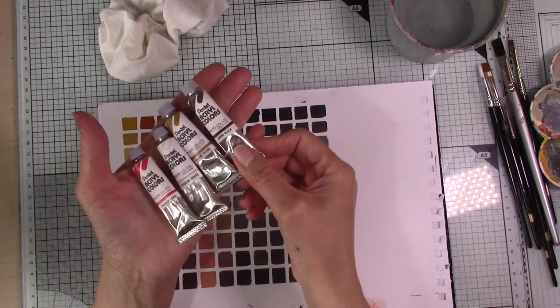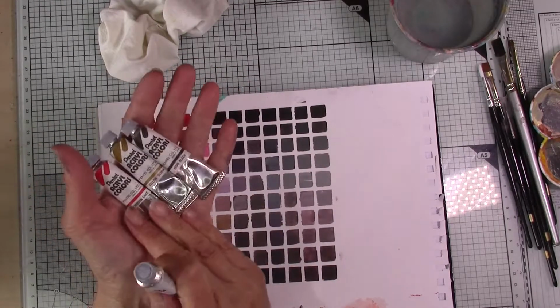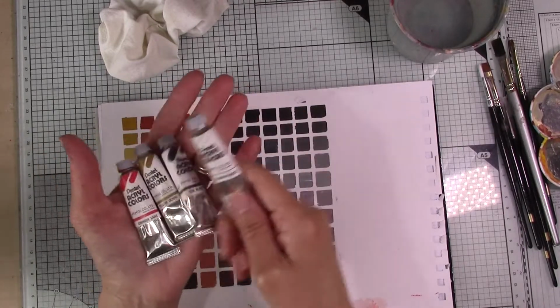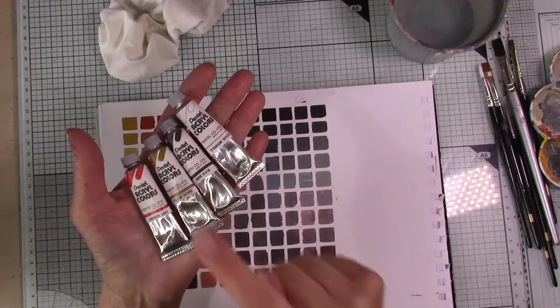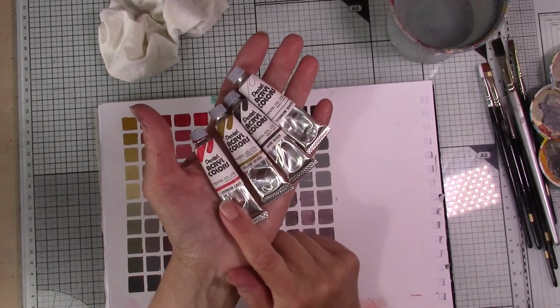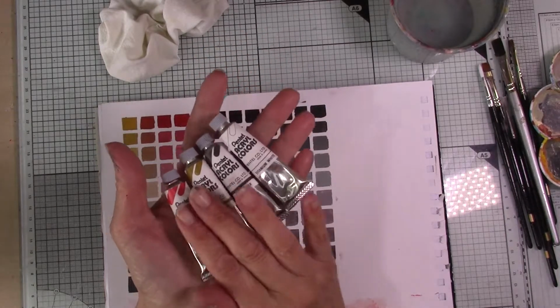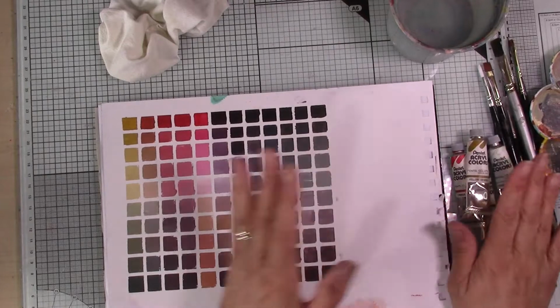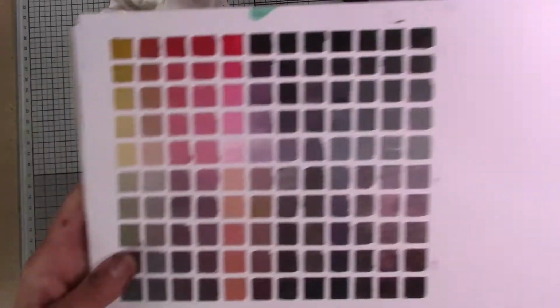So I've got the iron black. I didn't have an ivory black. Blacks do vary, don't they? So I won't get quite the same results. But so iron black, titanium white, yellow ochre, and I didn't have a cadmium red, so I picked out the crimson lake. And using just those four colours, nothing else, I did this little